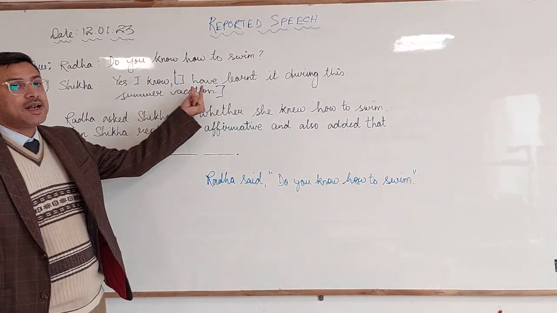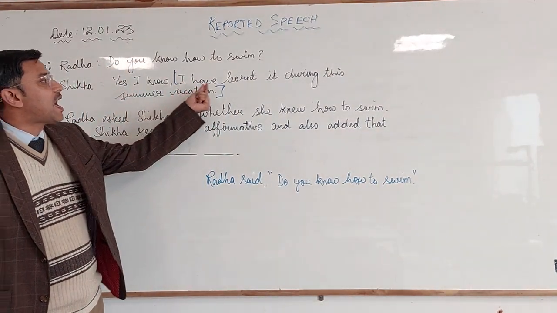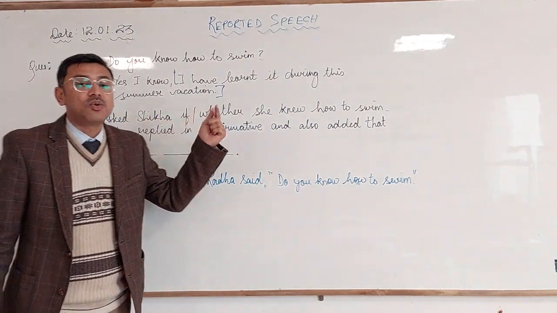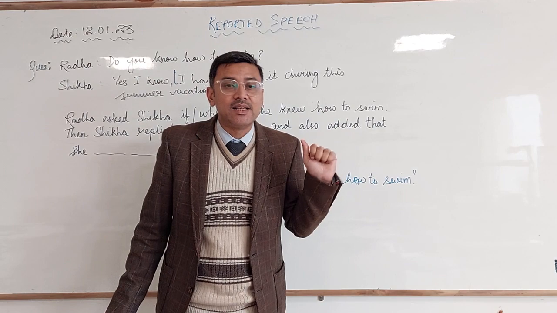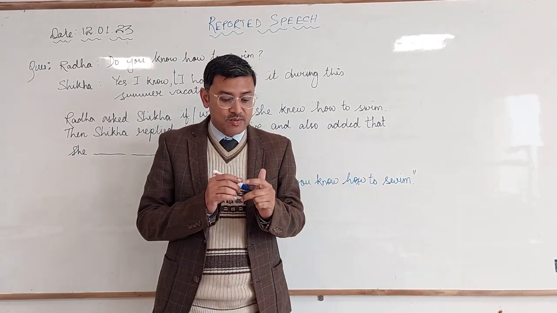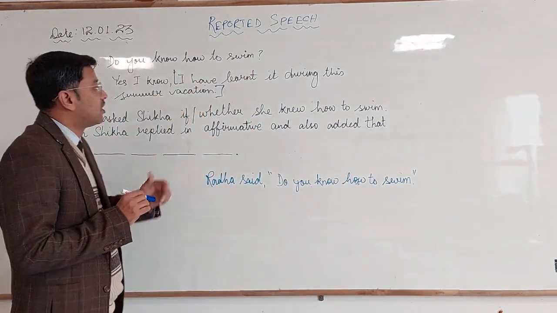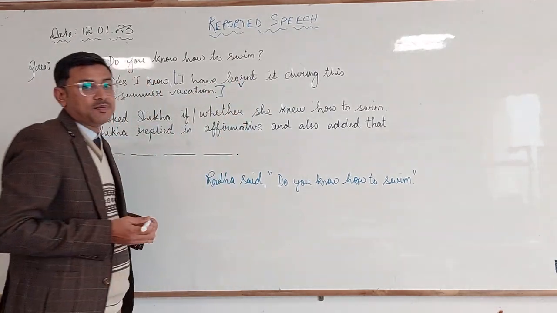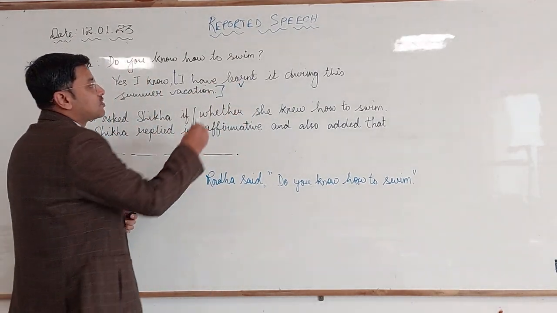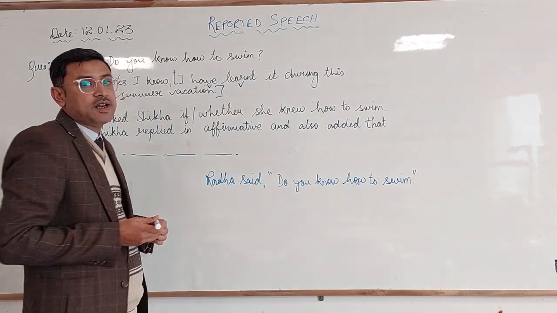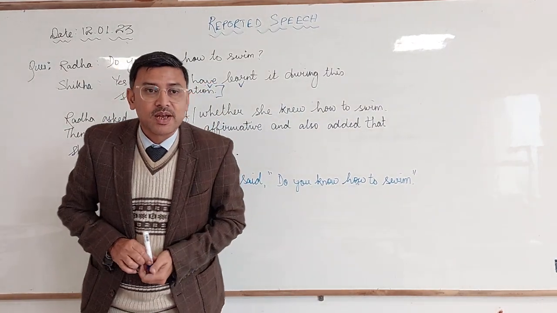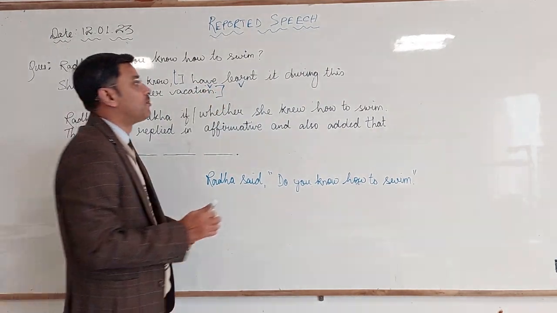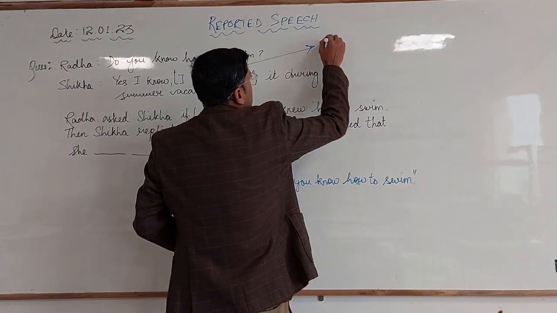So we will quickly go back and read. It is saying over here, I have learned it during this summer vacation. So here there is a change of tense. For that we have to identify the verb in the sentence. I have learned. So over here this is the verb. Okay, and this is also a word, but this is an auxiliary. Have is the auxiliary verb. Now have learned, it is in which form? It is in its